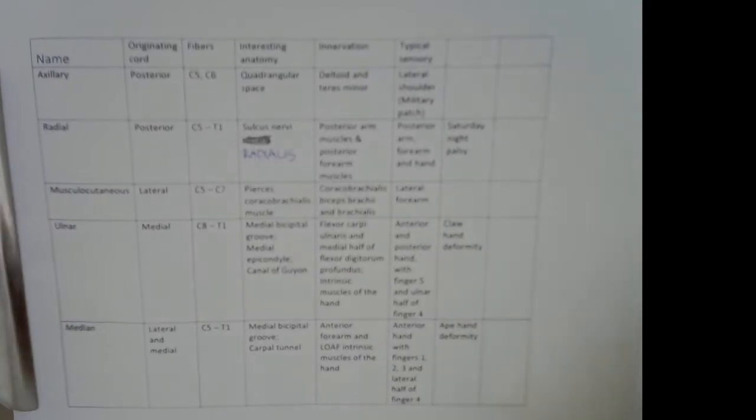If we don't talk about any kind of injuries, but rather about an intact radial nerve, within the posterior arm it will innervate both muscles that are there, the triceps brachii as well as anconeus, both of them being elbow extensors. And then it will keep passing onto the lateral side. It will be partly hidden by the brachioradialis muscle, and then the radial nerve splits into its superficial and deep